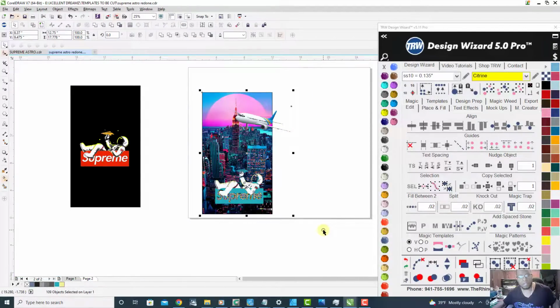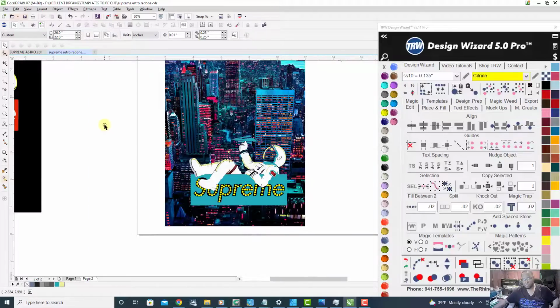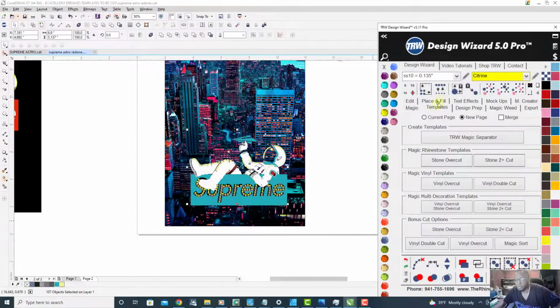Alright, now what is it? It is 12.75 by 17.778. Perfect for a 13 by 19 inch sheet. So I know I will print this image out on a 13 by 19 inch sheet. In the Rhinestone Wizard, I will grab all of this down here, and in the Rhinestone Wizard, I'll come to my templates, I come down to vinyl overcut stone 2+ cut, and